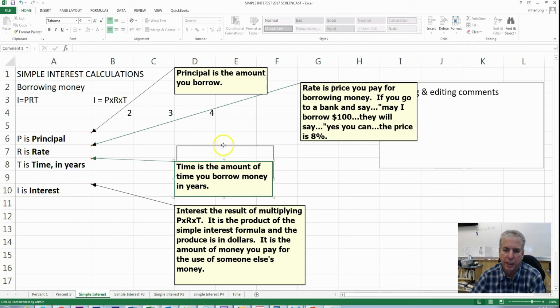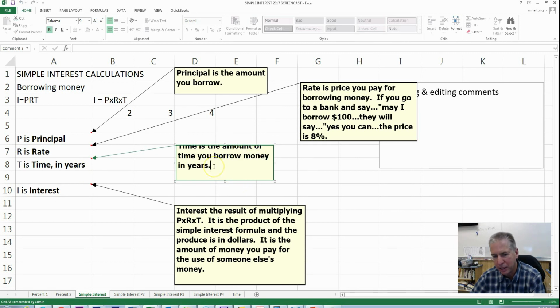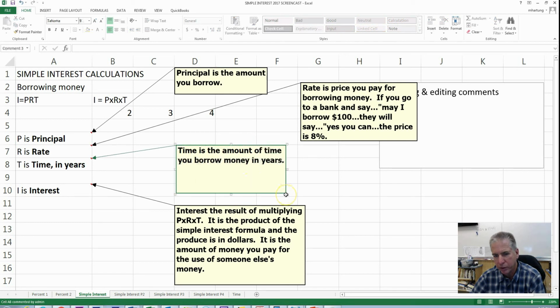Well, let's take a look at time here. This is what confuses people a lot when it comes to using this formula. You've got to make sure that time is adjusted in years. For example, and we can get some practice editing these comments here, what I'm going to do first is make this just a little bit bigger by dragging that corner there, to give me some more space. And then I'm going to add a note. So you can do this too. For example,